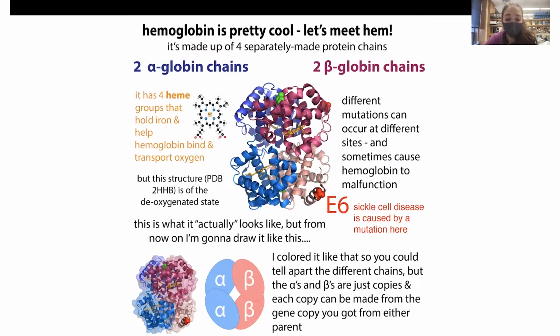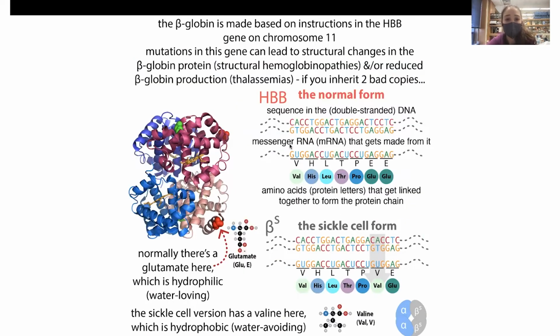This mutation causes a change from a glutamate. So that's where the E was from. Glutamate's abbreviation is E. We'll talk about glutamate more later, but you can see it's just negatively charged. And now in the sickle cell version, you have a valine, and we talked about valine being really hydrophobic. So what happens then is that you have this hydrophobic amino acid on the surface of the protein,